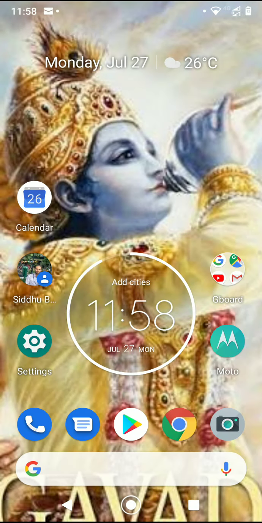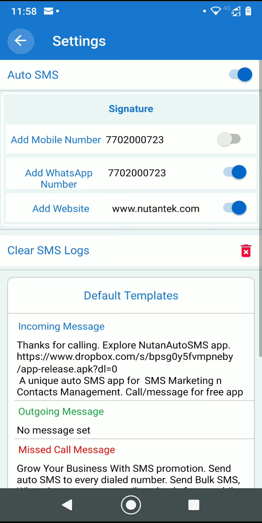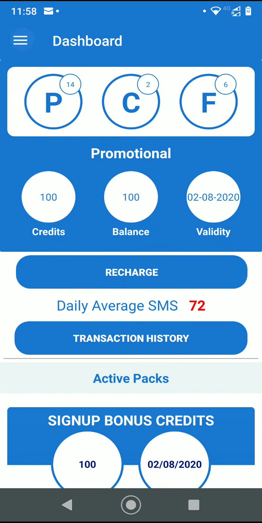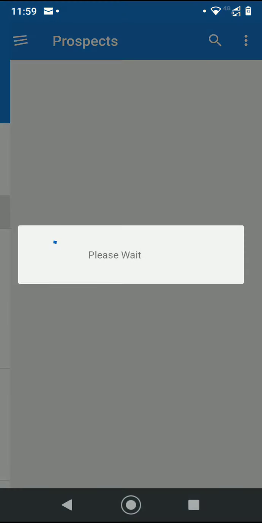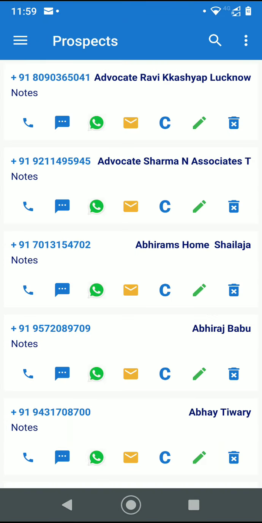So now I come back to the app and go to the SMS log, and you can see that number is populated here. It indicates that an automatic message was sent as per the user's choice and confirmation. And we have given the provision where the user can add contacts, make calls, and send SMS. Again, the user can send SMS through the bulk SMS gateway only. We are not using any SMS level permissions, not asking for that.